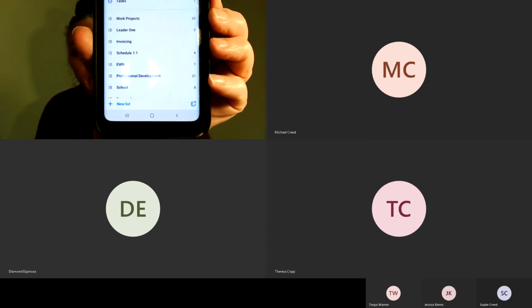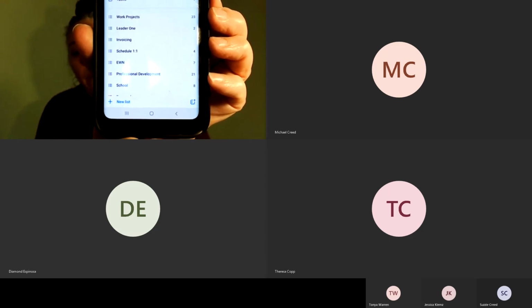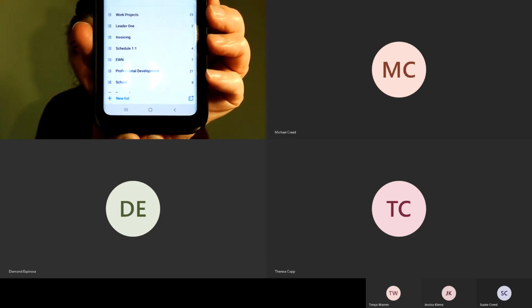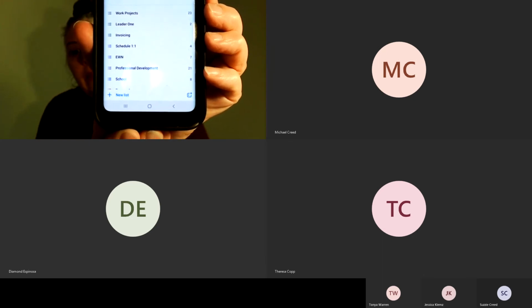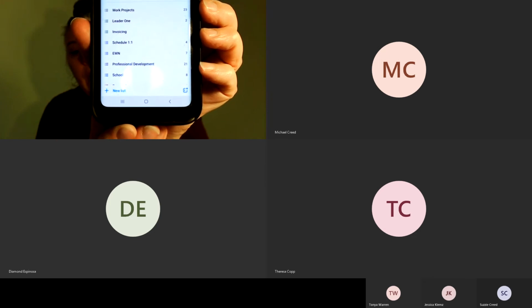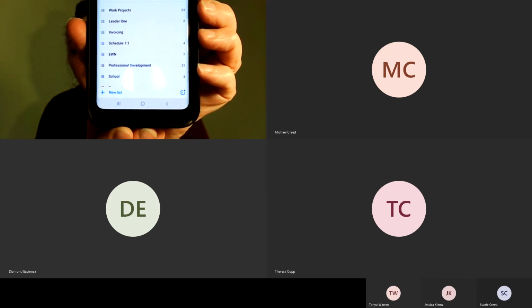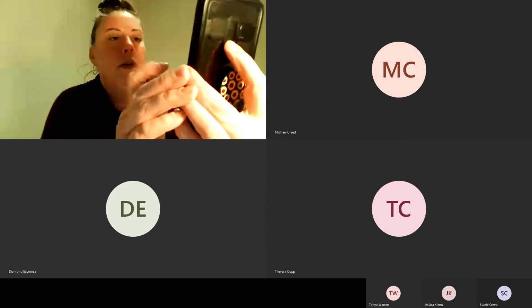So as an example, I have my leader one stuff out there, and one task under there, then I said was like record the next video. And then the next task is upload the next video. And it gives me all of my deadlines in more of a micro view of that. And I can have all of these different task lists all in one. And then when I open up one of those tasks,